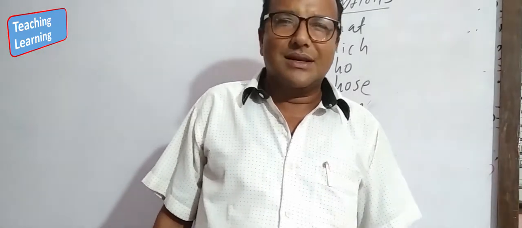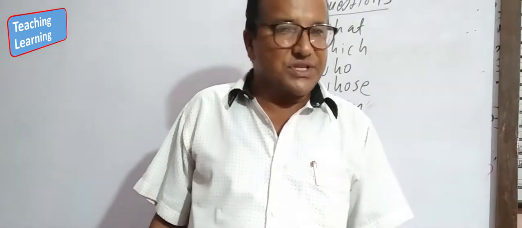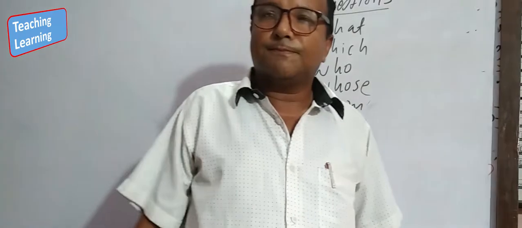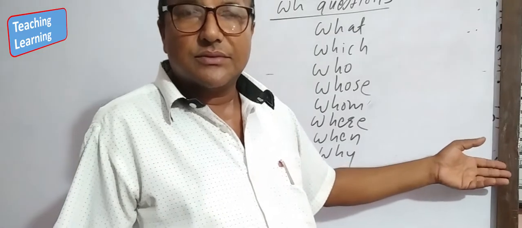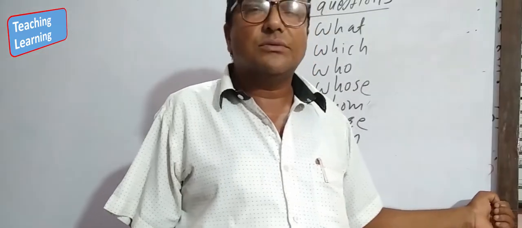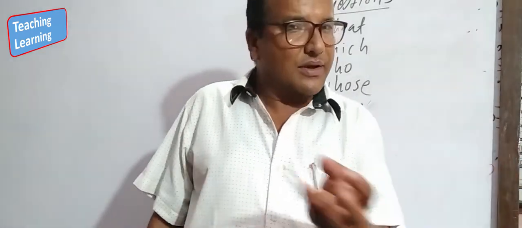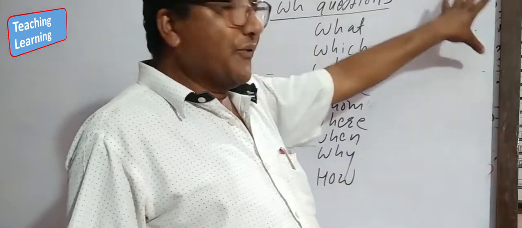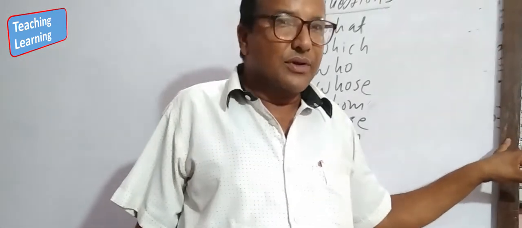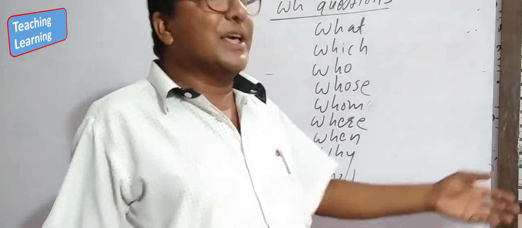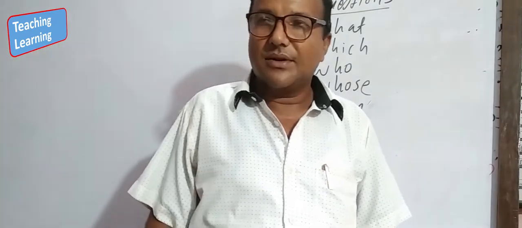in the who question, for B1, B2 and B5, the auxiliary verb is not used. Look at here. Who went to London? Who cooks rice? There is no auxiliary verb, only for who. Who came here? Directly we can use the main verb. Otherwise, we have to use first the WH word, then second the auxiliary verb which is used in the yes no question, then the subject. According to tense, we have to complete the WH question.